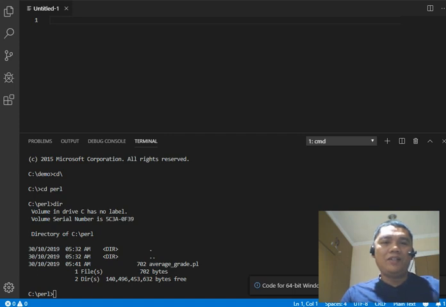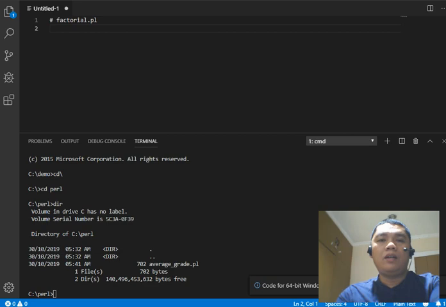So let's get started. We are already here in our text editor. I'm using Visual Code from Microsoft. It is free. You can download it over the internet. Now the first thing that I will do is to write the comment. Factorial.pl. Now in PERL, the sharp symbol represents a comment, so it is being ignored when we run our program using PERL interpreter. Next, author